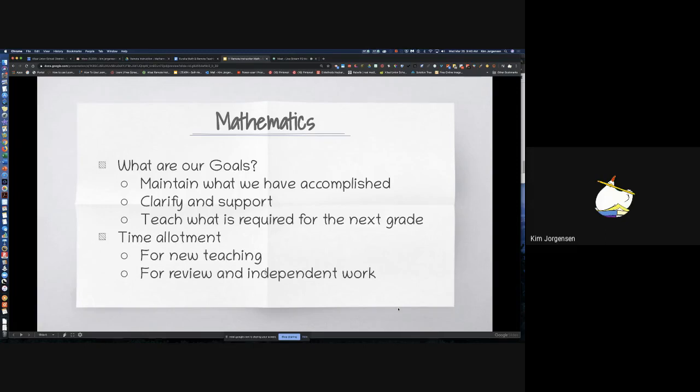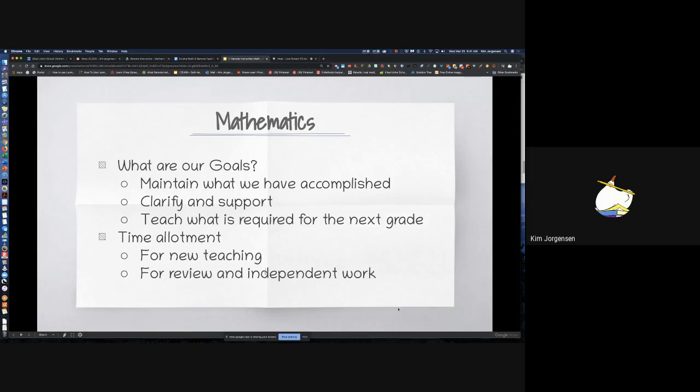The next thing that's important is clarifying and supporting what they've got. So if at the end of your last lesson in class, you had students who were confused, go in and give them a chance to talk to you or re-present those lessons so that they can build up some confidence and feel strong in what they're doing. This whole online thing is new. Start with something they already know content-wise, and then once they get better with the online thing, you can start to add a few more things, which brings me to the third point.